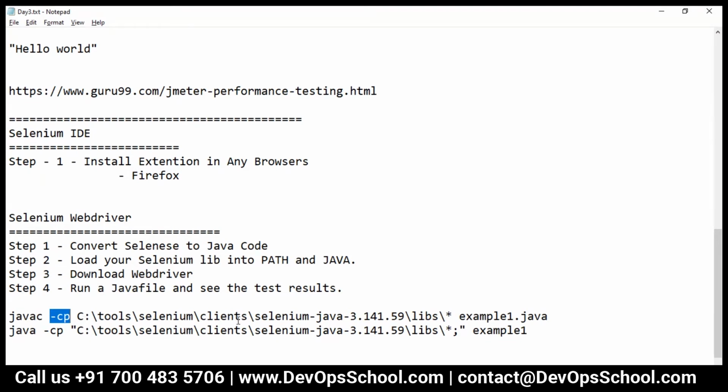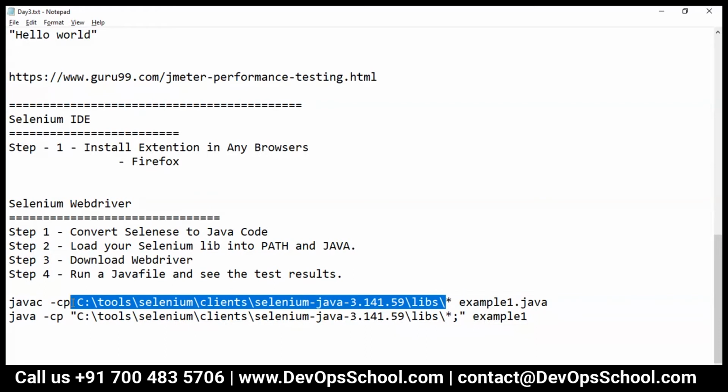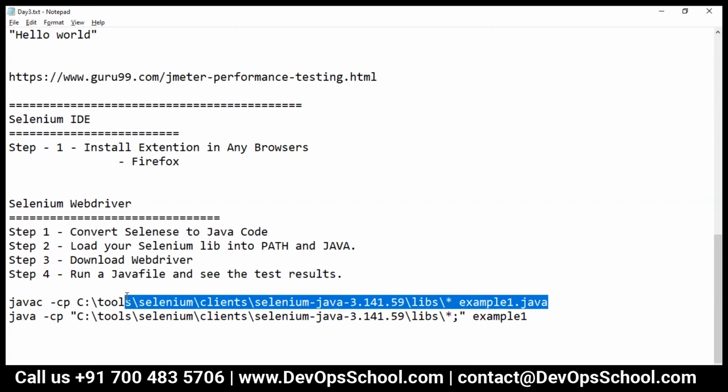Class path, simple. Guys, if you do all this in Eclipse it will be much simpler, but I'm just showing you for the demo's sake. So here, this is the one path. By the way, let me tell you one more thing. Maven will do everything in one go. Maven is again easier. You can add this as dependencies and you can add more. These Maven dependencies you can find at repo.maven.apache.org/maven2, if you know the Maven world. But right now I want to show you manually to understand the process.